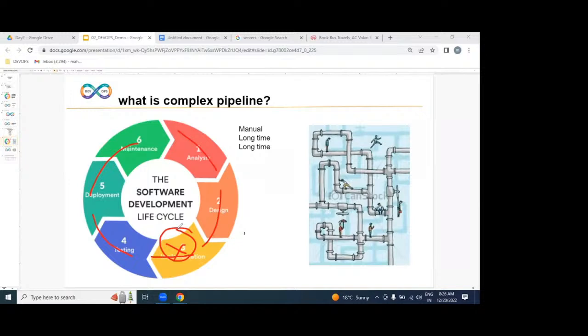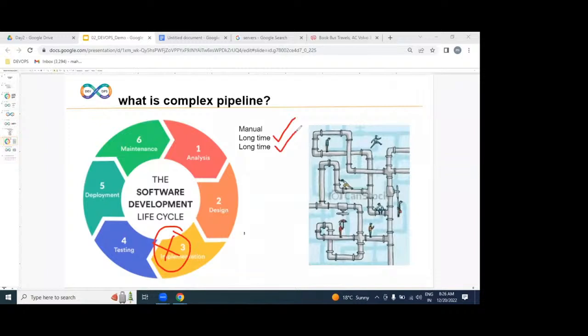No, experts are required here. If you are hiring experts for this process, definitely we need to pay more salary. Yes or no? That means the cost is increasing. Are we going to deliver in time? No, we can't. That means the quality is decreased. So the point I want to tell you is, due to the manual process, if any issue occurs, identification will take a long time, and resolving the issue also takes a long time.